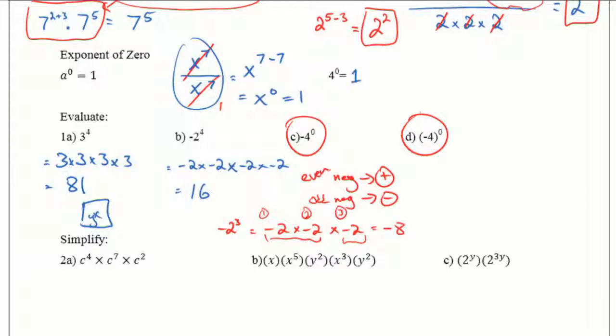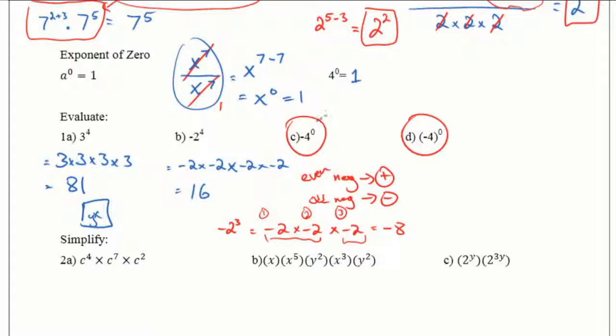Not a lot, but you're going to see it a few times because it's tricky. And we, as math teachers, I'm not sure why we like tricking our students and subjecting them to little sign things, but we do. So when we have something like negative 4, what this really means is